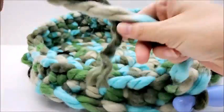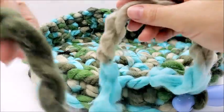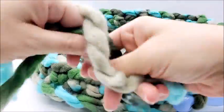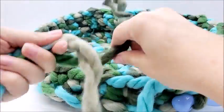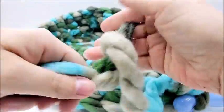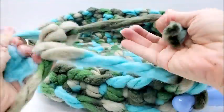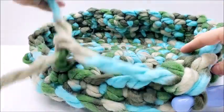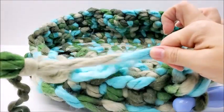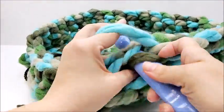Okay, I was going to show you for a second. If you're wanting to know how to tie the new skein of yarn on, this is how I do it. I don't know if it's correct. I just tie a knot. It's probably not the correct way, but that's how I always do it. And leave a little bit, a couple inches of tail there, 2 or 3 inches, that you can weave in later. That's how I attach a new skein. Pull it tight,